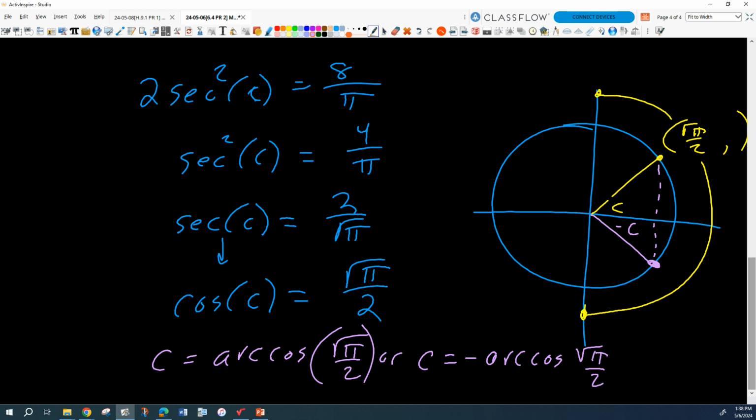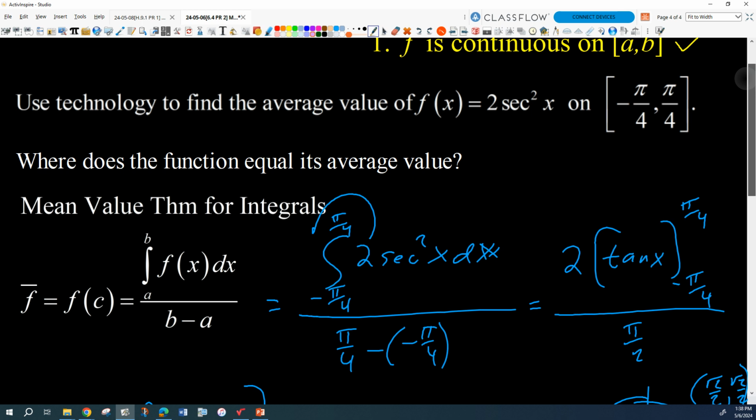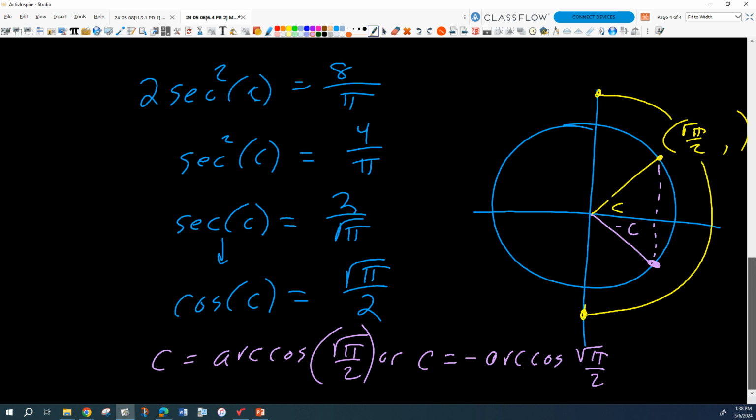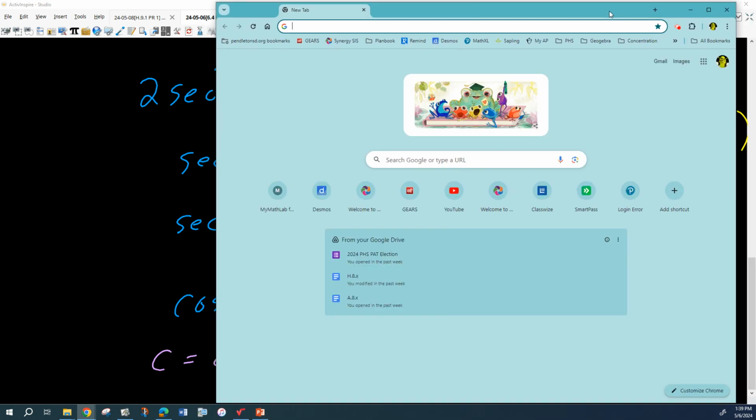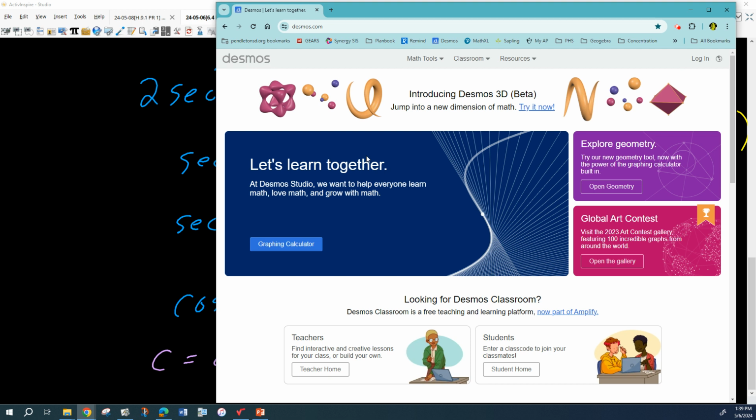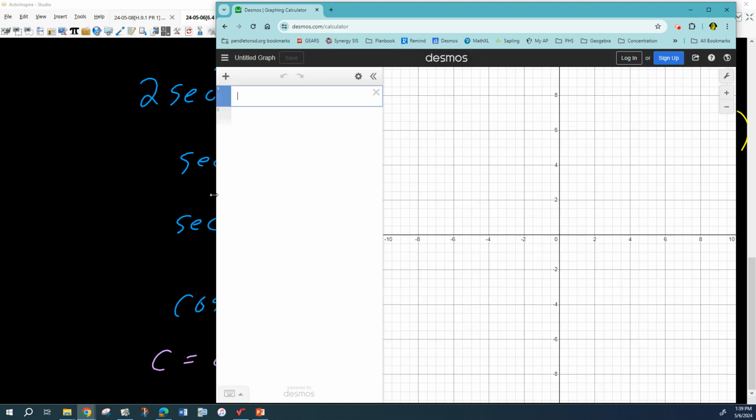Now, if we're just trying to find decimal answers, which presumably we're doing here, it's asking us to use technology to find the average value. Okay, so then we could just graph this thing, couldn't we? In Desmos. We could just graph our function